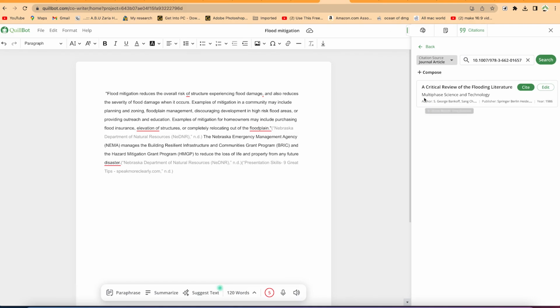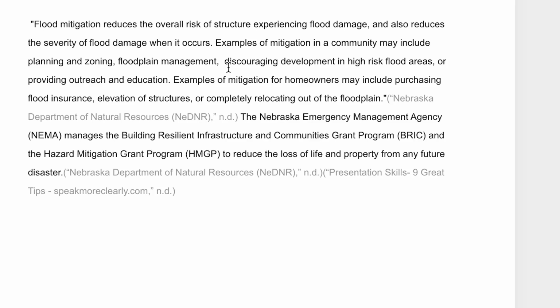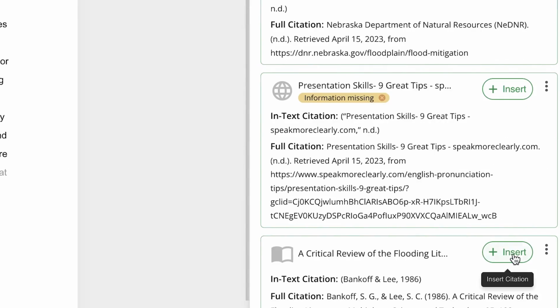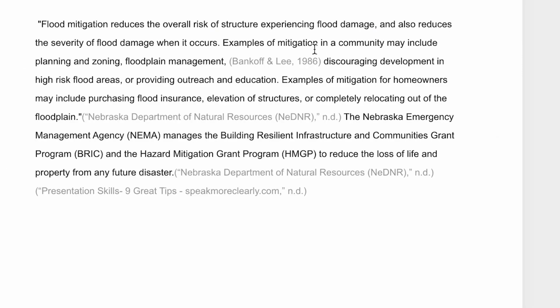And you can see it has just brought in the journal. So you can say cite. If you want to cite it here, you can just go ahead and say cite, or if you want to cite it somewhere within the document, you can just say cite, and it's going to add it at that exact location. Okay, so you can see it over here. You can just say insert, and it's going to insert it for you over here. It has just inserted directly.